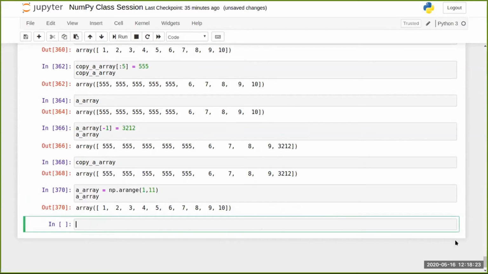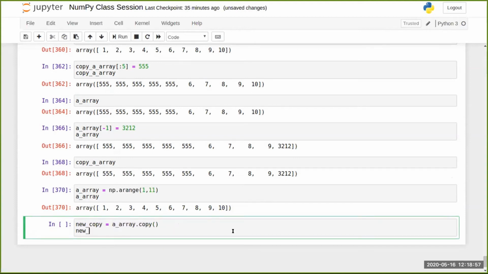So if I wanted to make a change without having to affect the original array, what I'd do is I'd say new copy is equals to A dot array dot copy. So now this is telling the computer that I want this new variable to point to a completely different location in memory, different from this one, so that whatever operation happens in this new one does not affect this original one. So now if I was to do new copy,